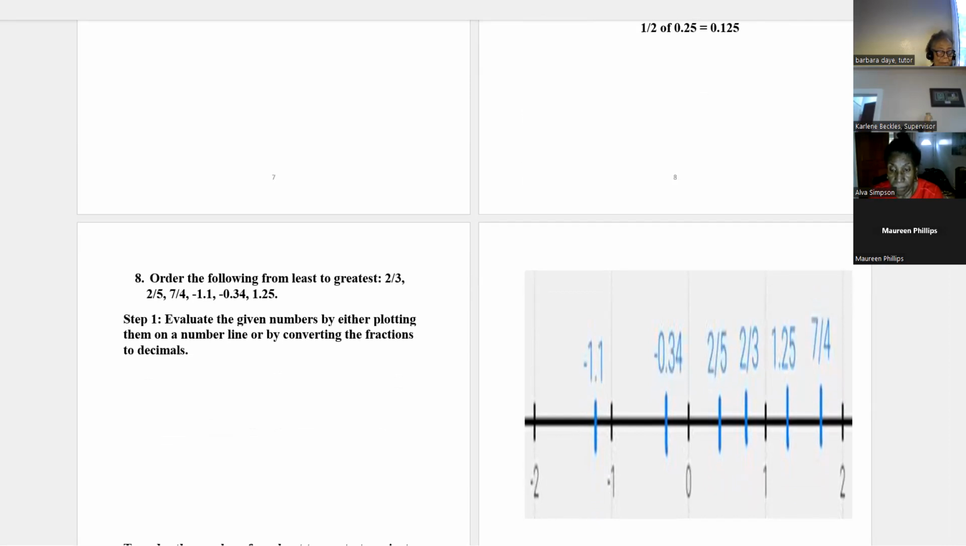You can put them on a number line. You have your paper, you could write your number line. And you could just put it between a -2 and a +2, because your numbers fall within a -2 and a +2. So if you use the number line,